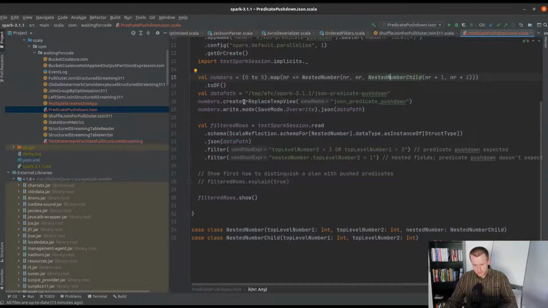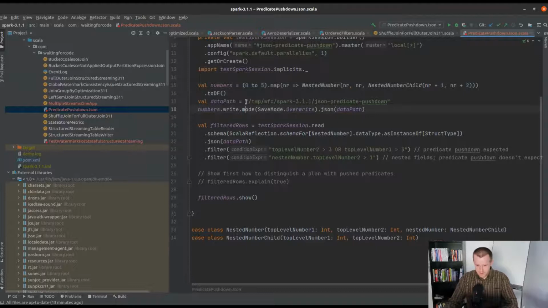So what I will do, so sorry, that's a mistake, I will write these rows to some location on my local disk in JSON format, and later I will read it with JSON data source and specify two different